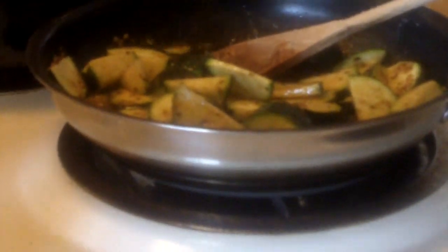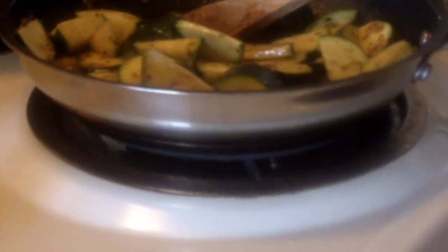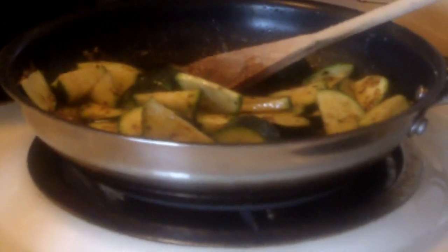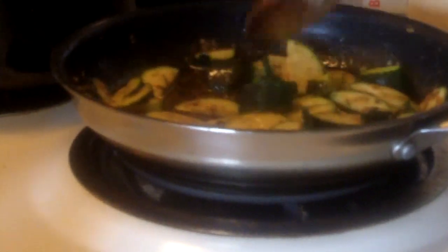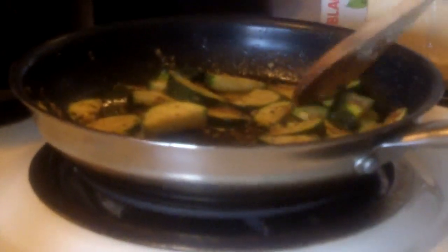Okay, and I'm going to add maybe about one more tablespoon. It looks like a lot, but it wasn't that much. Mind you, this is going to be coating the pasta, and the pasta I am using is whole wheat pasta. So I'll come back to you guys once I'm ready, just to incorporate the zucchini and